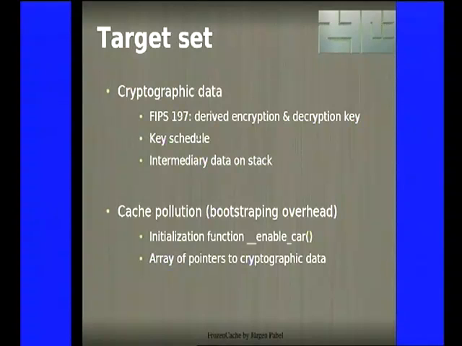So what data do we need to protect? When we look at full-disk encryption, obviously the encryption key, and everybody knows about the AES keys, 128 bits or bigger, and what's commonly used is the FIPS 197 setup procedure, which derives a specific encryption and a specific decryption key from the 128 bits that you have initially. And then there's also the key schedule, which are derived keys that are used in the encryption and decryption calculations. And of course you have intermediary data,